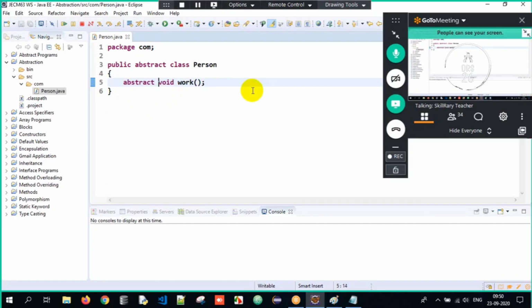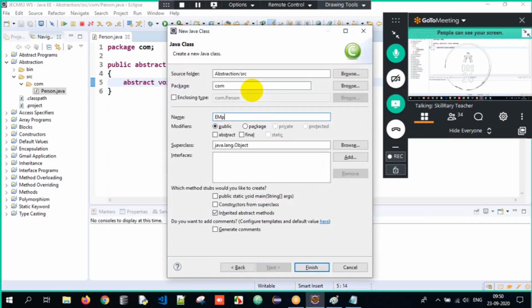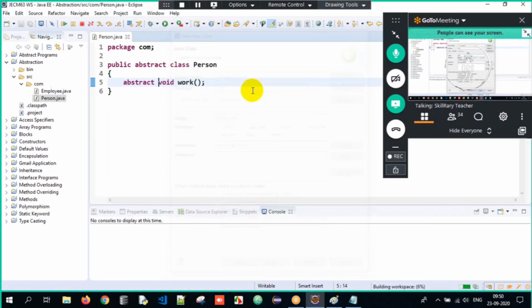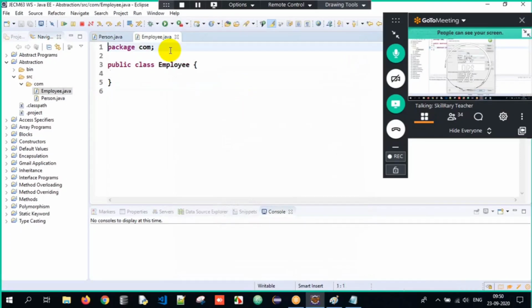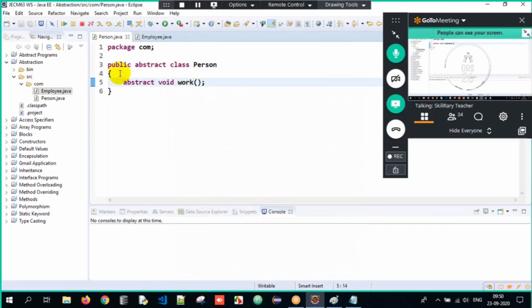Control N. I will create a class called Employee. Now here I want to achieve an is-a relationship between the Employee class and the Person class. Both are classes, so I have to make use of extends Person.